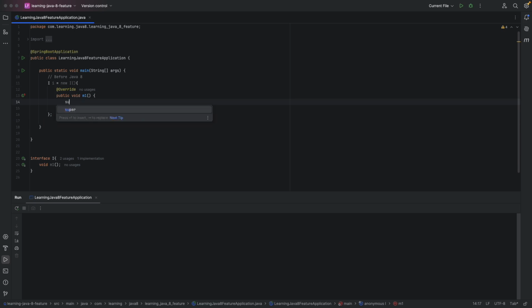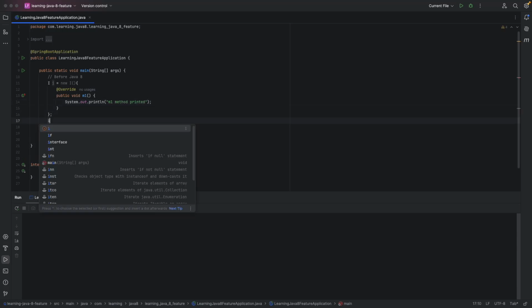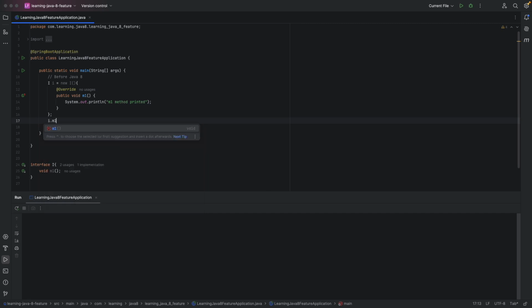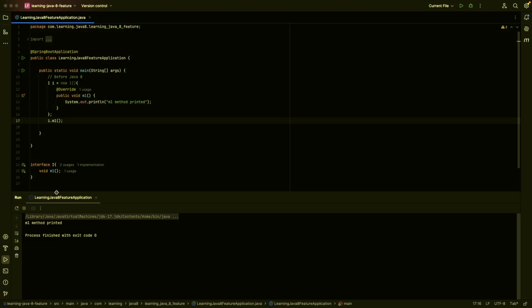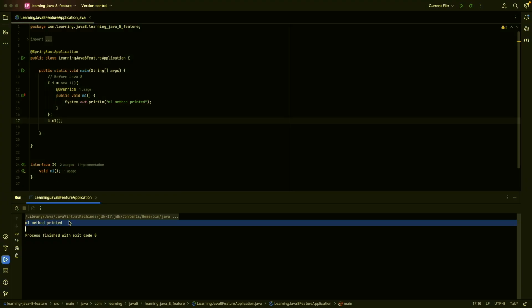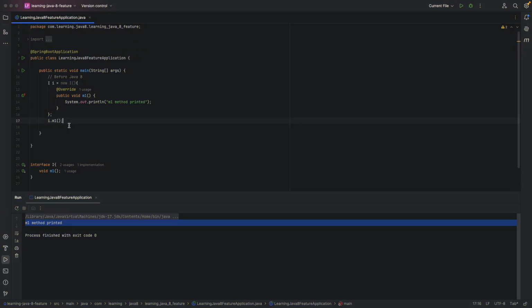Now we'll do System.out.println, and we'll give one message like "m1 method printed". Okay, and then I'll call i.m1(). Now let's run it. Let's see. So you are able to see, m1 method printed. So this is the way basically. Now after